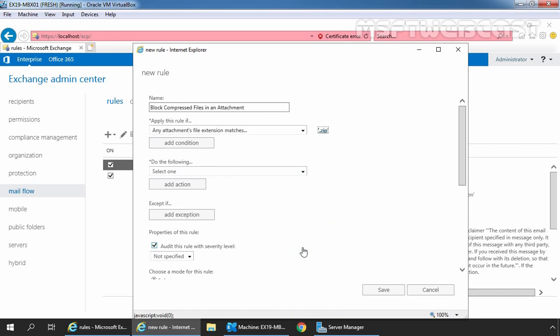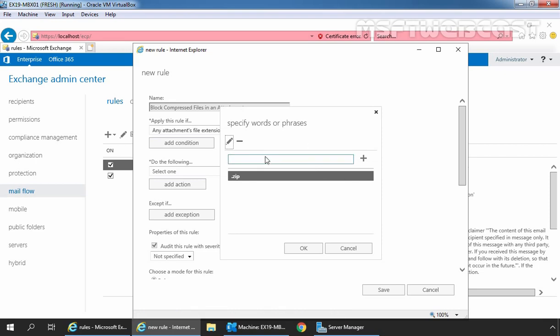Let's click on OK. And suppose if you want to add more extensions, that time again you need to click on this link and specify the extension to this list. For example, .rar. Let's click on Add button. .7z. Click on Add. .cab. Okay, so I have added all the required extensions in this list like .arj, .bin, .tar, .zz, .cab, .7z, .rar and .zip. You can also specify other well-known extensions which you want to block using this mail flow rule.